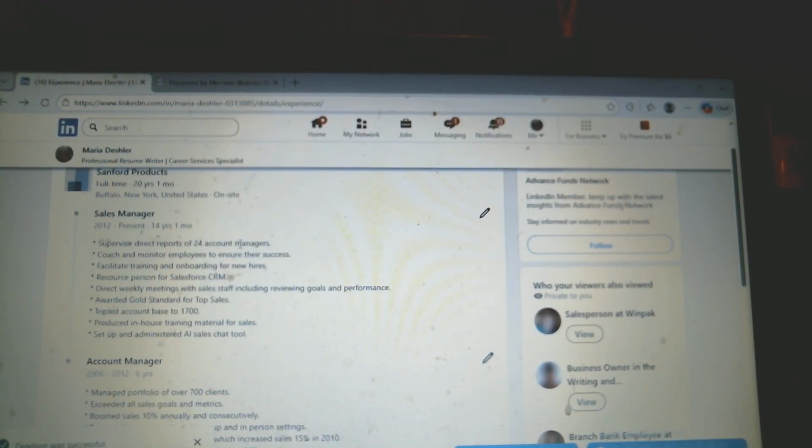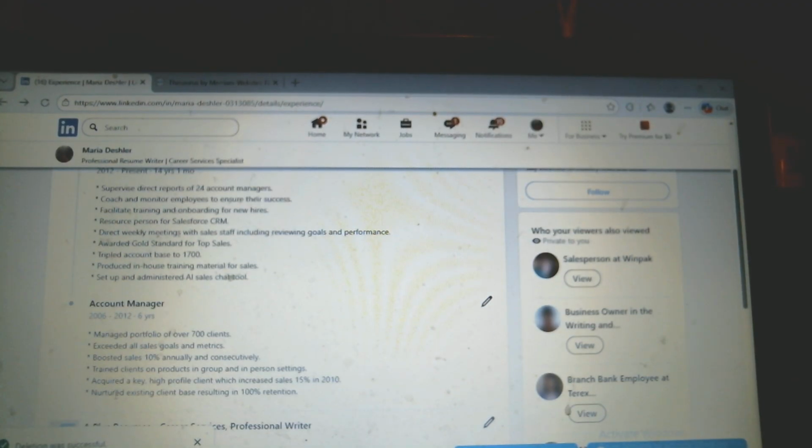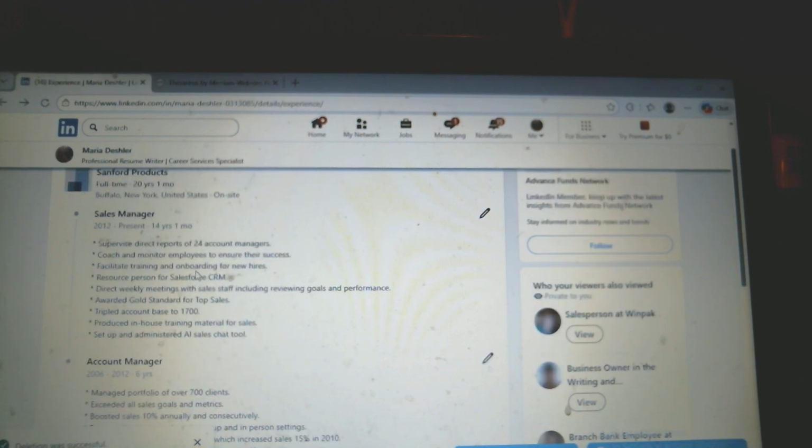But see, these are all descriptives: nurtured, acquired, trained, boosted, exceeded, managed, set up, produced, tripled, awarded, direct, resource, facilitate, coach, and supervise. So you have descriptives that you can use for if you're looking at what type of,